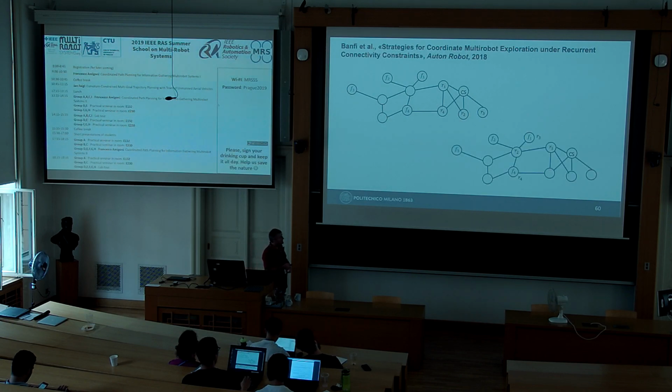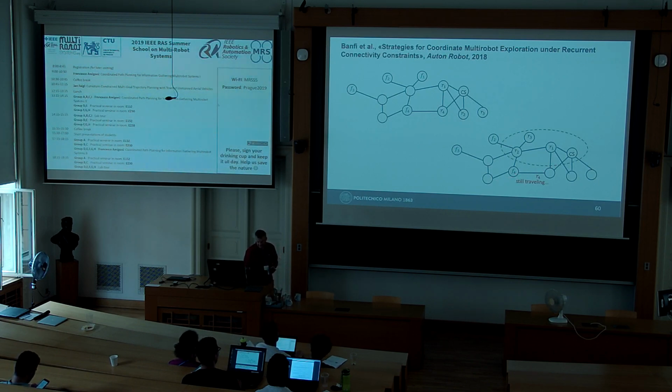At first, the method can say, okay, I will allocate robot R3 to frontier F1, robot R4 to frontier F4, and robots R1 and R2 are allocated to these two vertices just to compose this continuous connection with the base station. Then the robots start to move. We assume that these three robots, 1, 2, and 3, have reached their position, and robot 4 is still traveling to